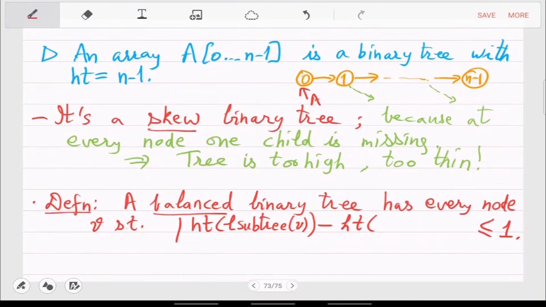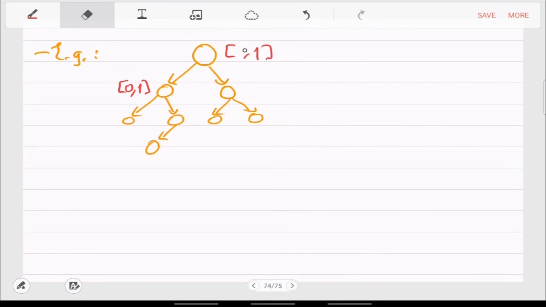So the height of the left subtree and right subtree. Okay, so we are looking at the subtrees, left or right, of every vertex. So let me update these numbers. Now the left subtree is, actually you get the same number. It will still be 2 and 1, yeah, that was correct.